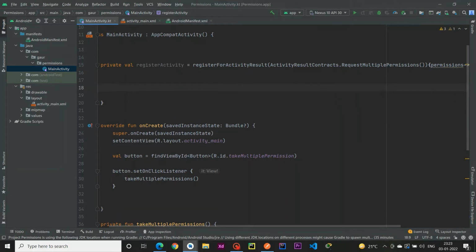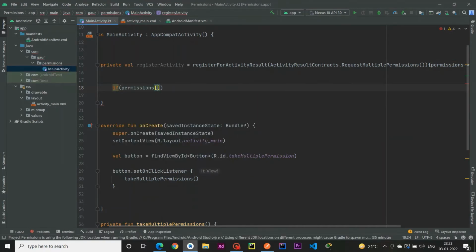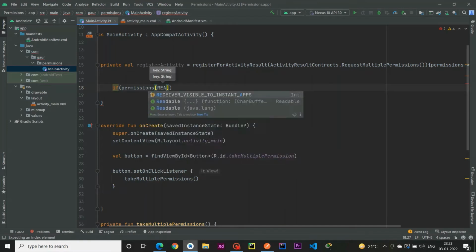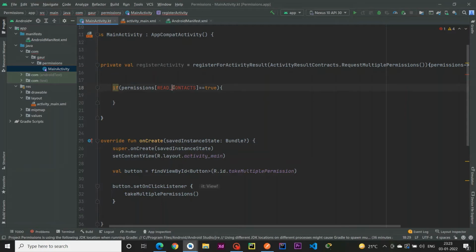Now just check the permission. So the permission READ_CONTACTS, if it is true, that means the permission is granted, so we need to import this.